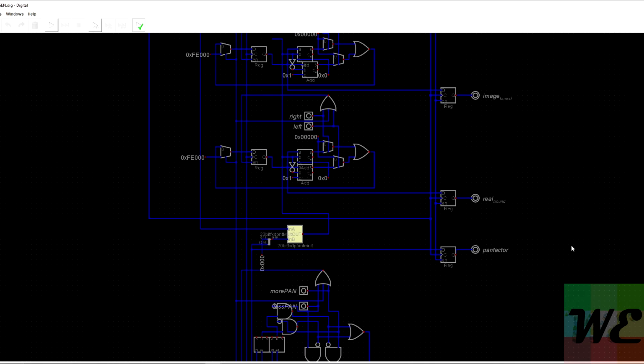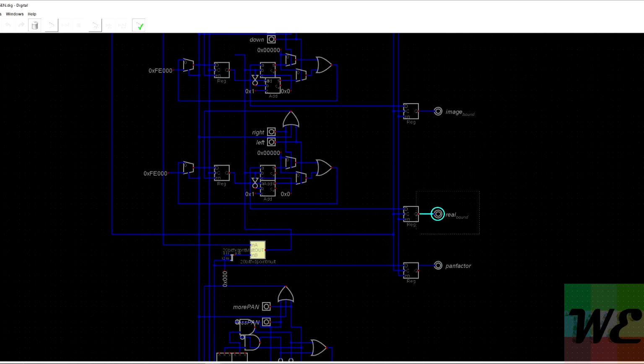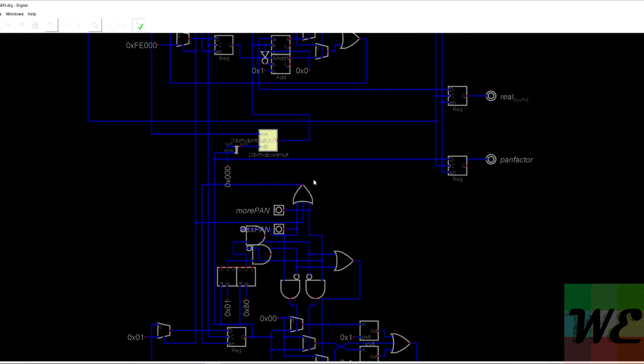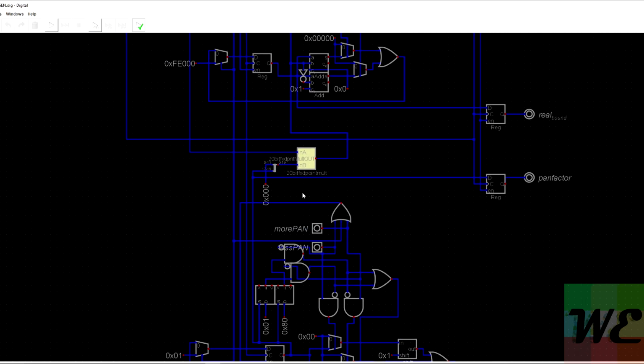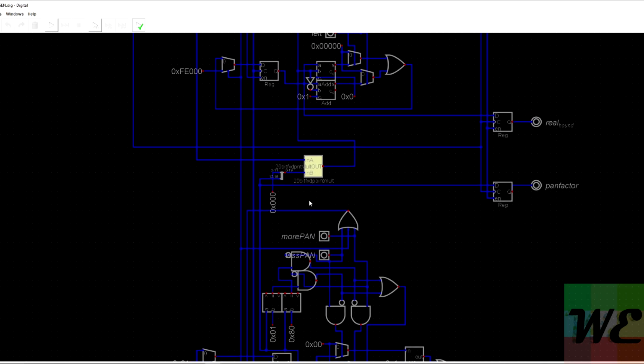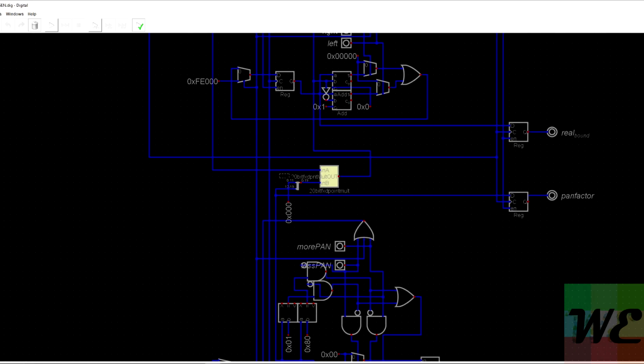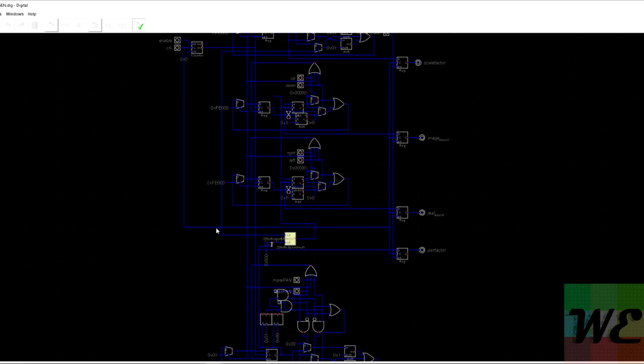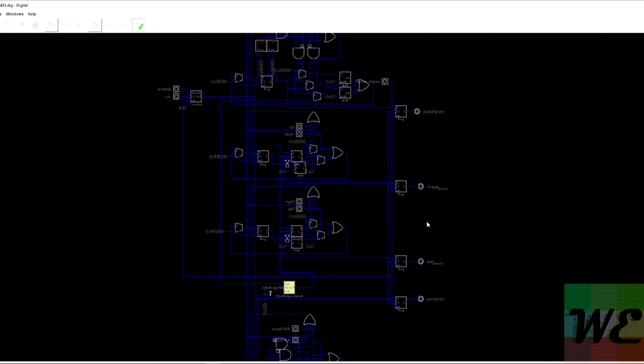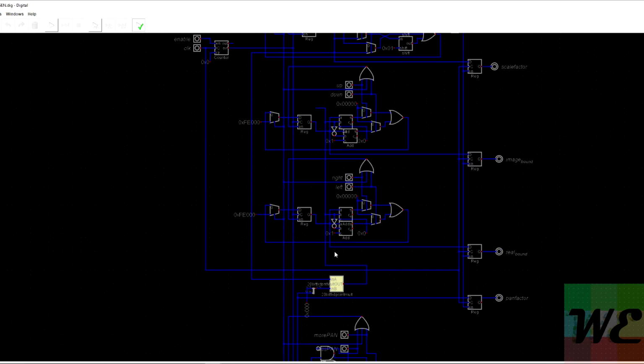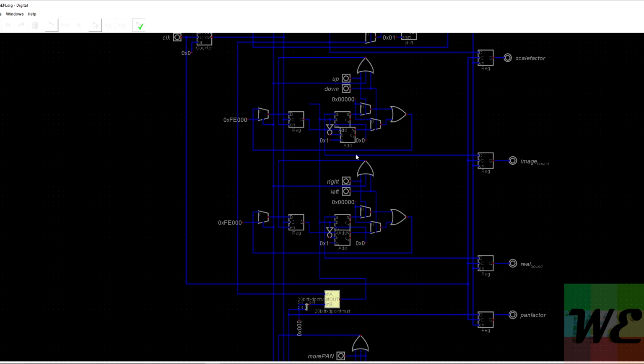Changing how much I pan around will change the offsets for the real bound and the imaginary bound, because if I have -2 and I move 3 pixels to the right, I want a different value. So the panning here is in terms of pixels, not in terms of an imaginary value. It's in terms of how many pixels you want to pan by, and that's done by multiplying by an offset in my 20-bit fixed point. Once I have my pan factor, I can set up my image bounds: I just take my pan factor and add it to my image bounds, and I'm good to go.